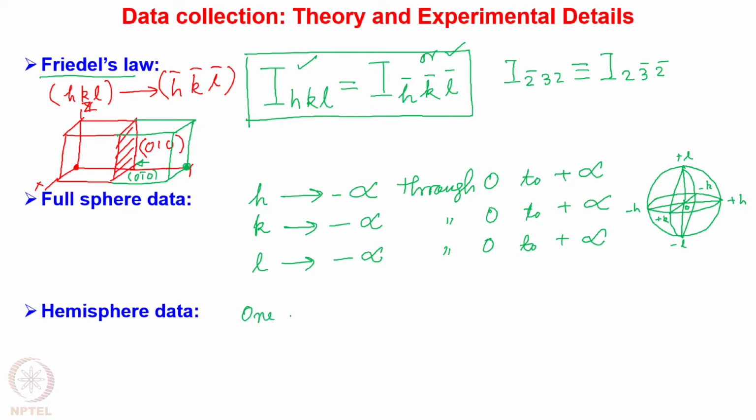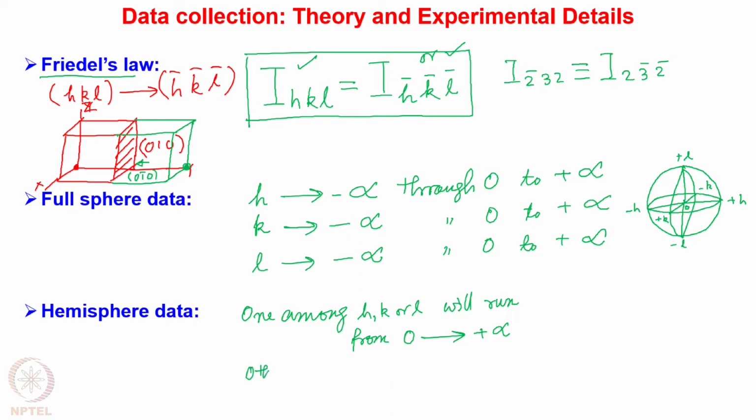So one among H, K or L will run from 0 to plus infinity,